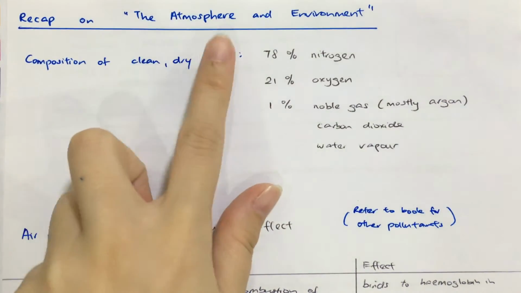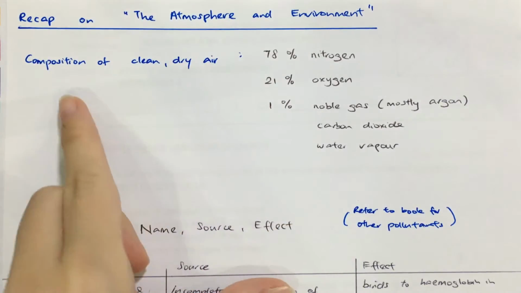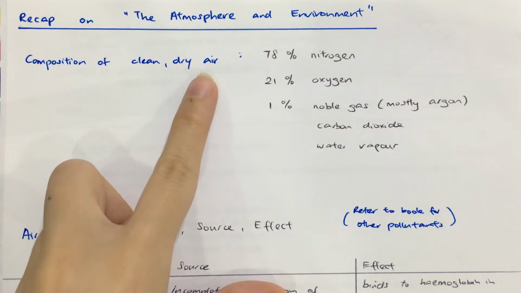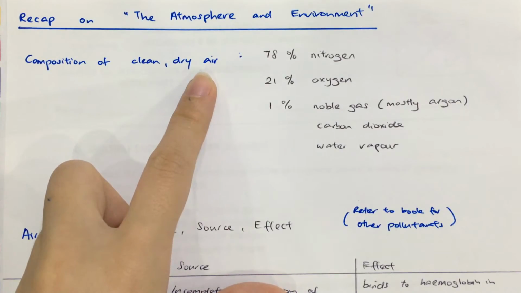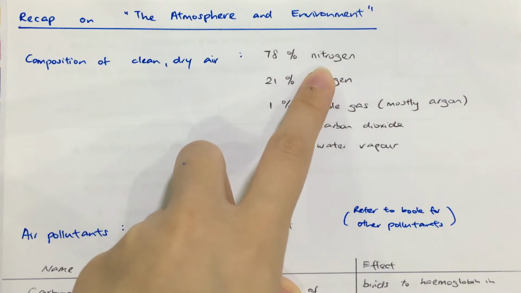Okay, for atmosphere and environment, let's do a recap. There's two main parts of it. The first part is talking about composition of clean, dry air. So if the atmosphere is made up of clean, dry air, what would be in this dry air would be 78% of nitrogen,